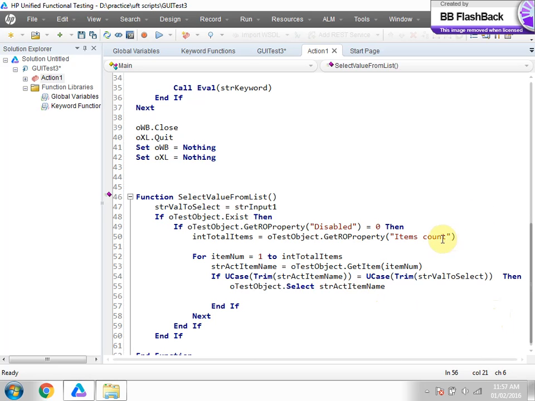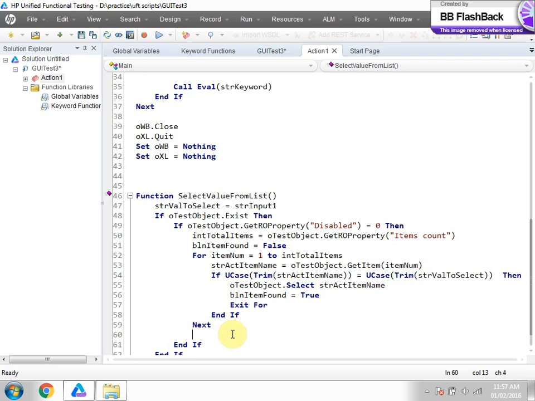So what I am doing in this logic: first I am getting the total number of values. How many values are there? Looping from first to last value, getting one by one item value, and then I am comparing if the item value is matching with the expected value. Then I am selecting that particular value, whatever is matching. Then I will say DLN item found; the initial value of item found is false. As soon as it matches, you set it to true. Exit. Then after completing the loop, if item found remains false, then